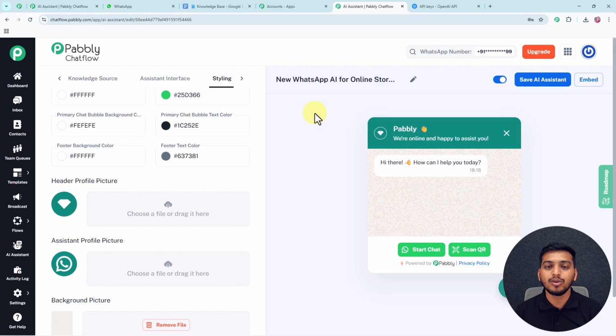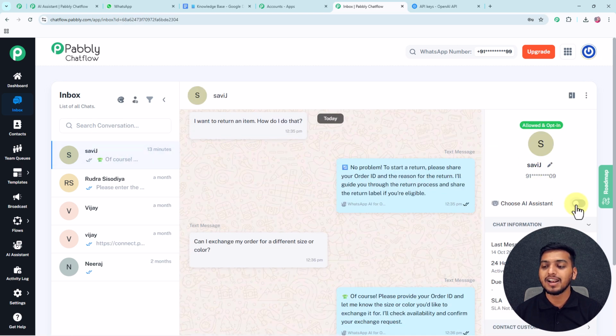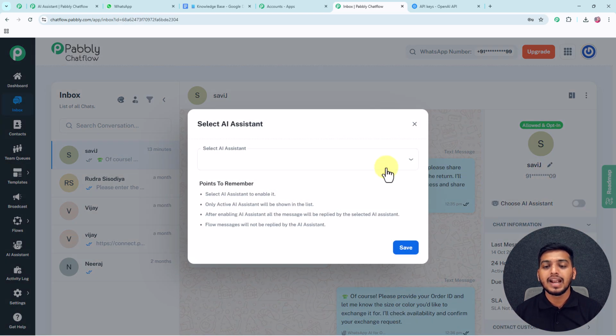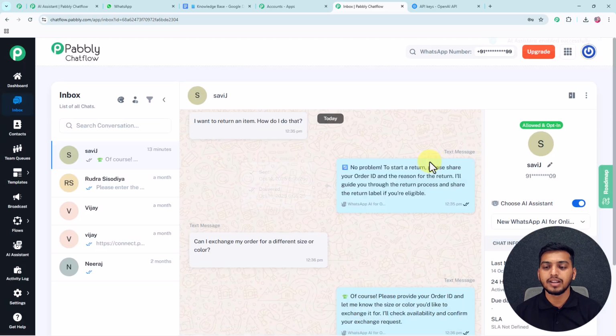And after that you can see, as I have completed the creation of my AI assistant, now I just have to enable this particular AI assistant for any particular chat. So for that we will go to my inbox, and then inside this particular chat I will click on this choose AI assistant button, and then from this drop down I will select this particular AI assistant which I have created just now, and then I will click on this save button, and here this AI assistant is enabled successfully